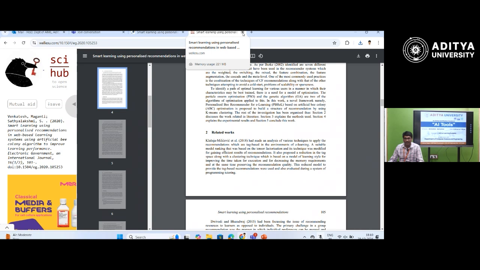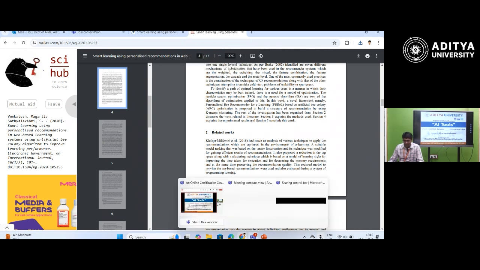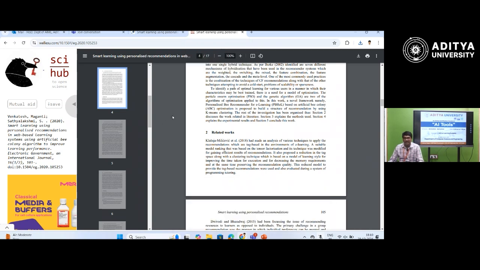Hope everyone got it. Not only research articles, sometimes if you want an image to be downloaded, you can do it. If you want to download some software, you can do it. What not, everything can be done. Fine. Next,